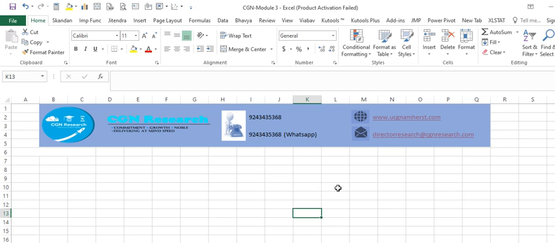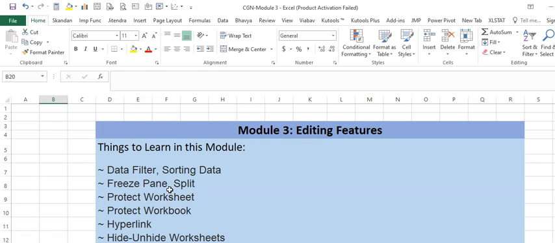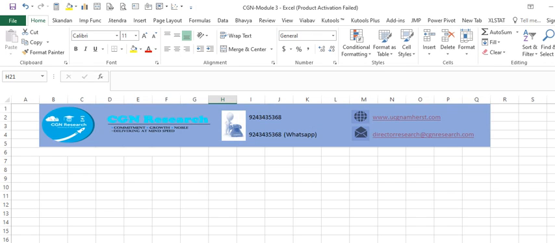So this is how you would be able to do all the things that we wanted to discuss on this sheet. So just to recap, we applied filters, we did data sorting, we did freezing, splitting, protecting the sheets, and then hyperlink is one thing that I want to discuss with you. So let me say I want to go to the first sheet from the last sheet. I will say editing features.